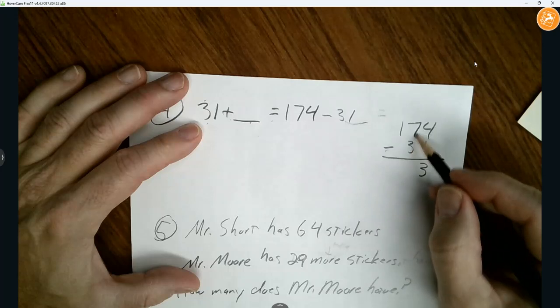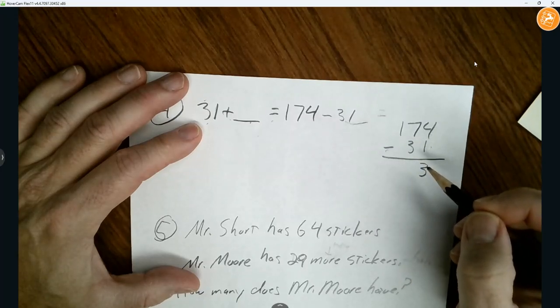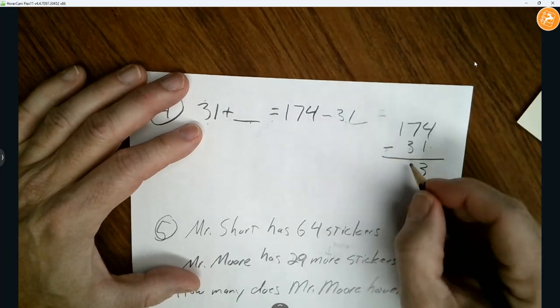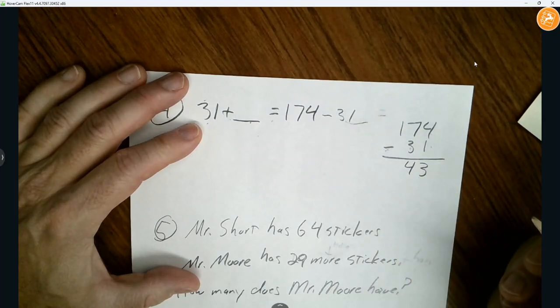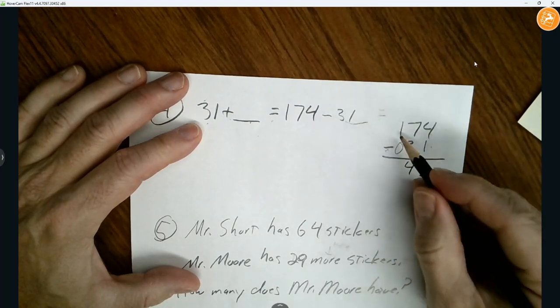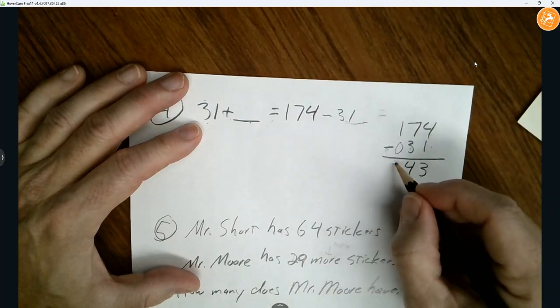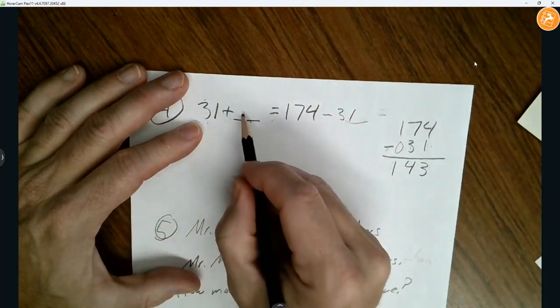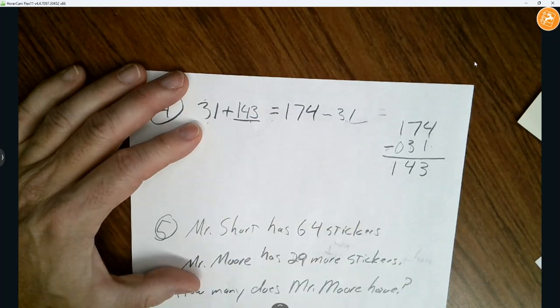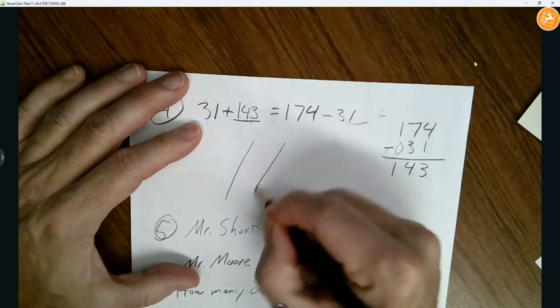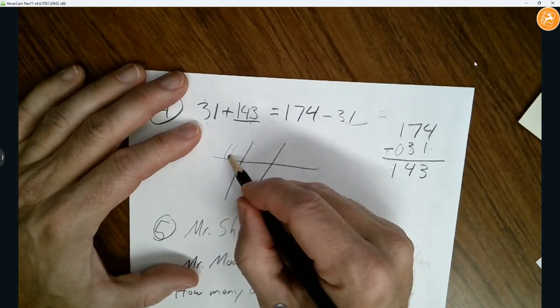And is 7 bigger than 3? Yes, 7 is bigger than 3. So 7 minus 3 equals 4. And then 1 minus, put that 0 there. 1 minus 0 is what? 1. So take that number here, we got 143. That's our answer. You can still set up the place value chart if you want with your hundreds, your tens,